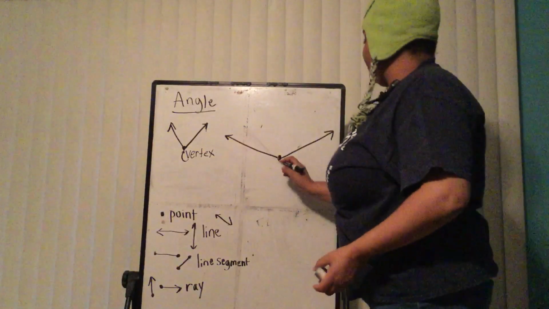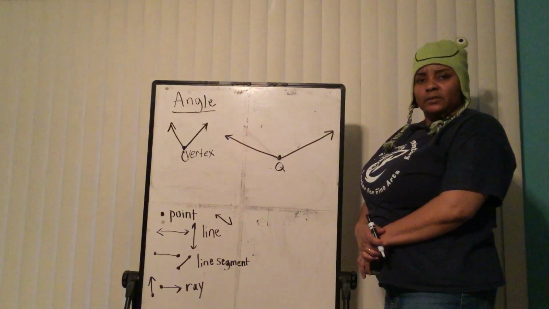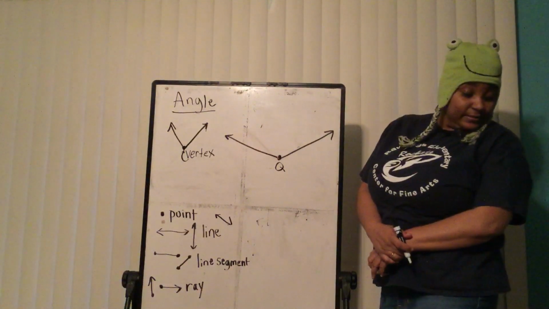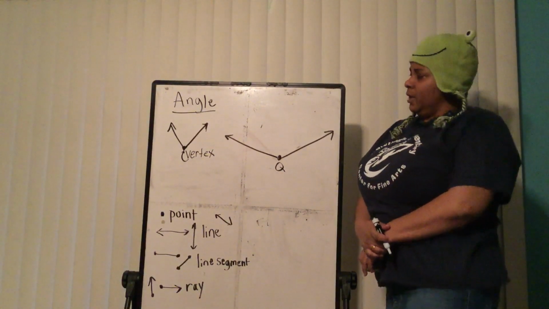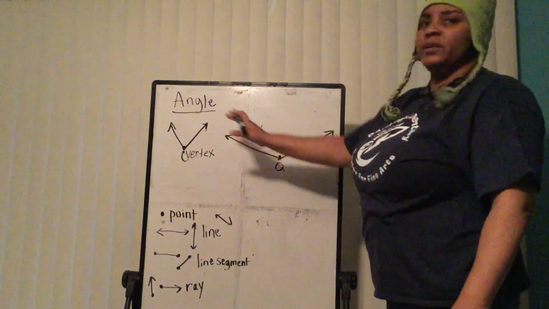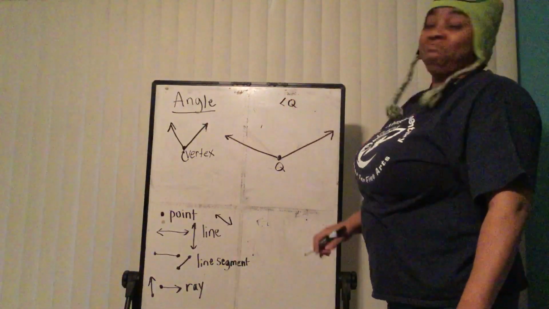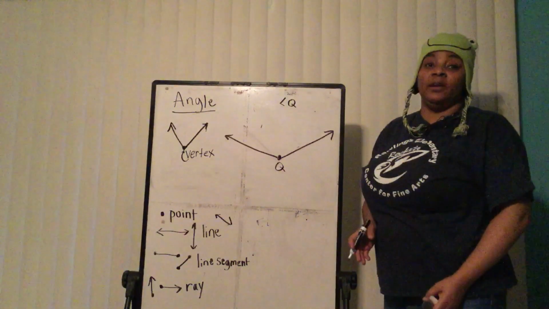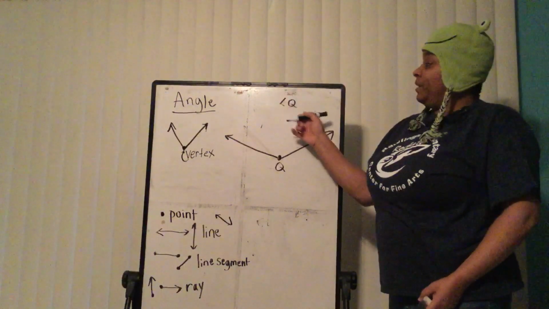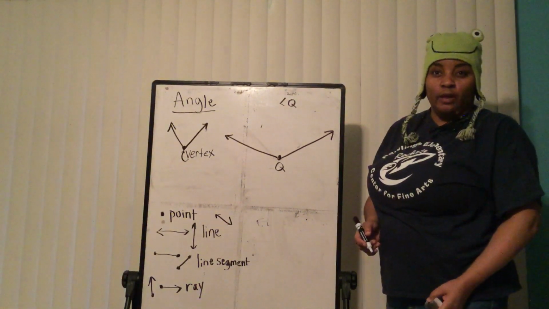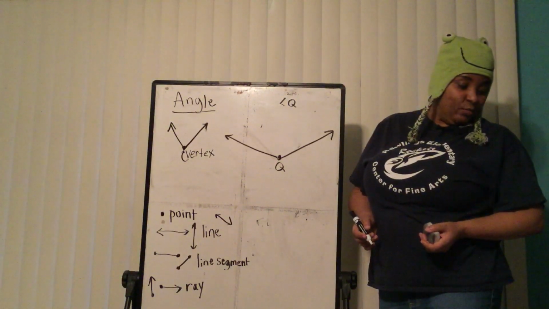Let's look at this. What's my vertex? What is it? Q, if you agree with me. Now wait a minute. What would I call this whole angle? I could call it angle Q. Yes, I know I didn't label everything on here, but I only had that one point on this angle. So it would be angle Q. Stop for a minute. Take in what we've done.